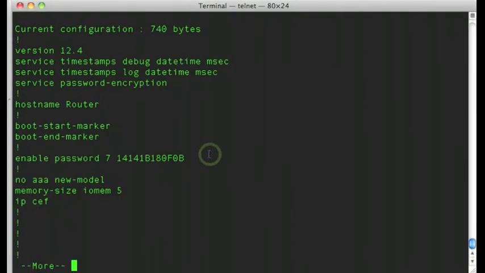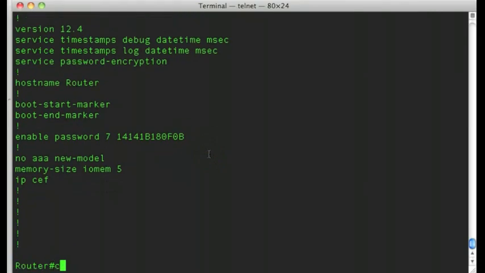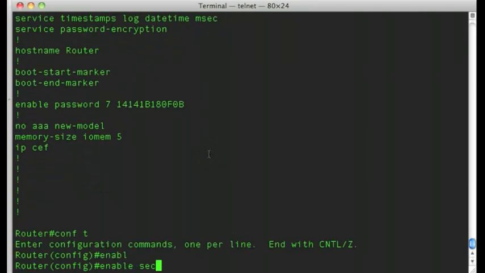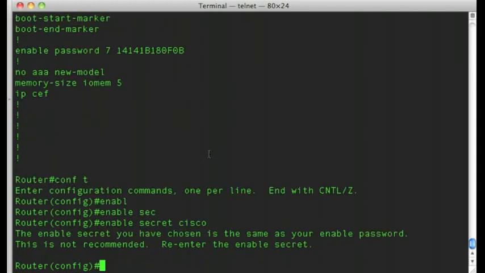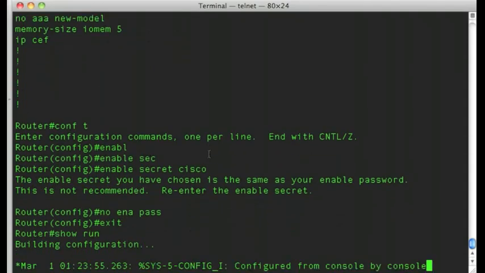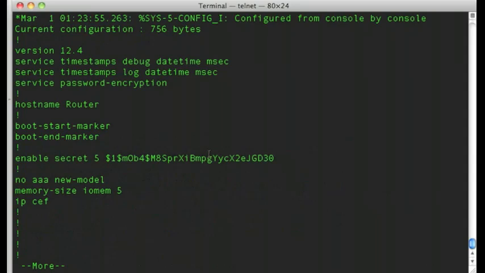With that being said, you now have the choice of having your enable secret